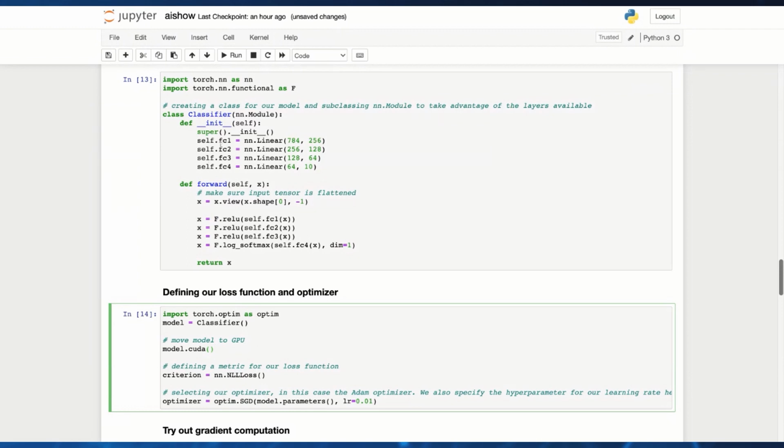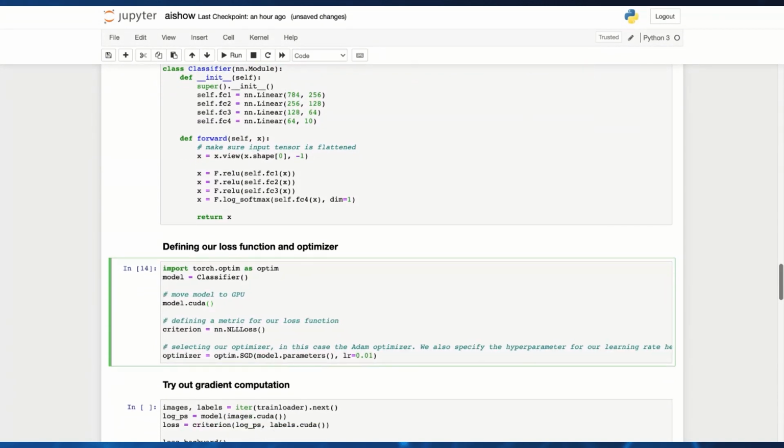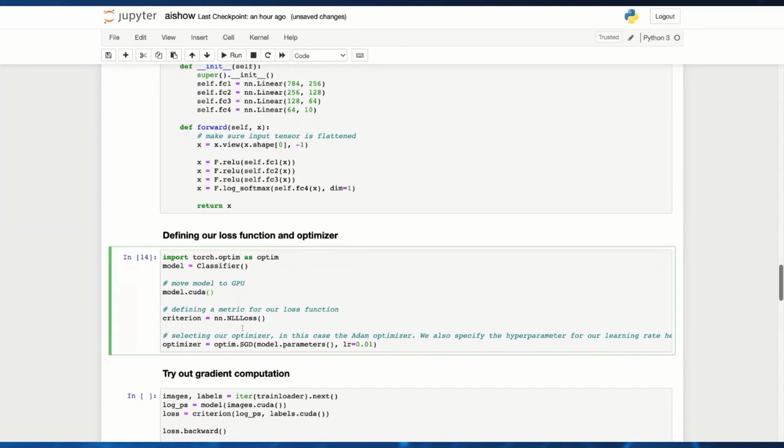But if I'm going to look at model.fc1.weight, it will be a tensor living on GPU. And similarly, I can define my loss and my optimizer. In this case, I'm just taking a simple log loss for classification, and I'm also taking the simplest possible optimizer, just vanilla SGD. Again, you have all the other kinds, from Adam to Adagrad to all the fancier